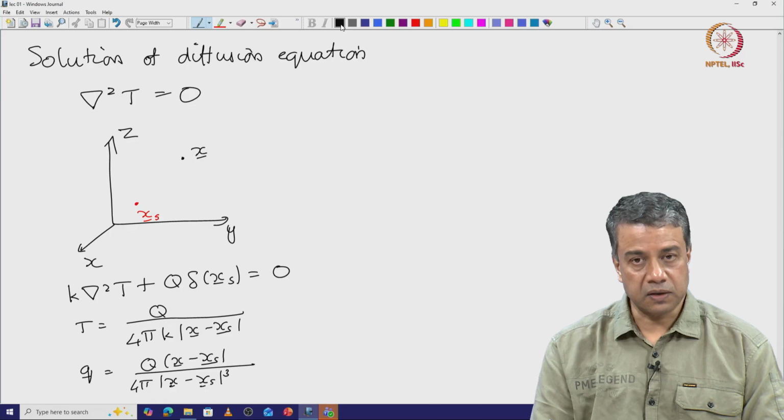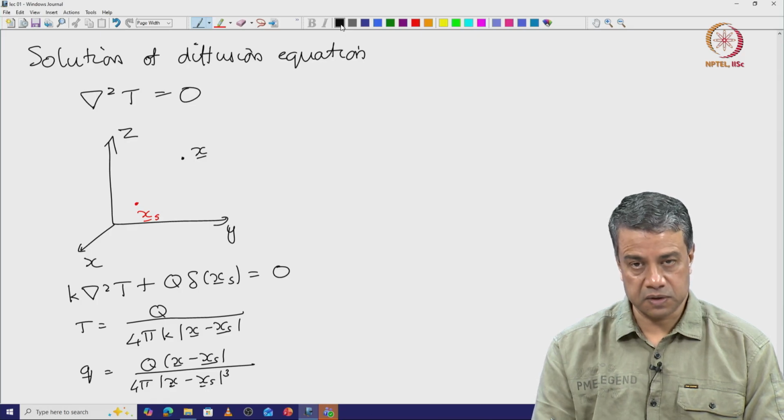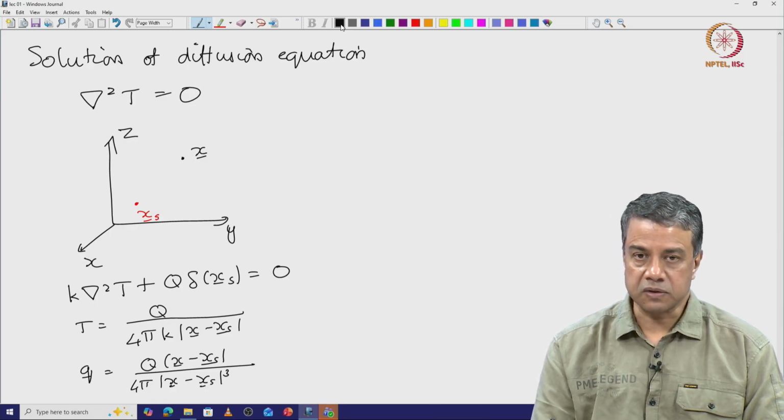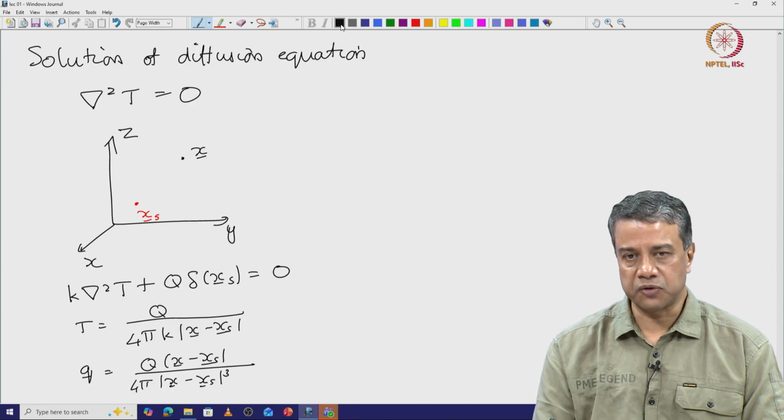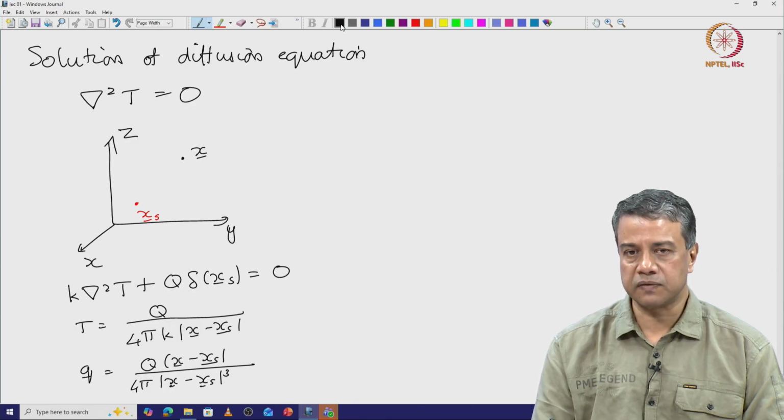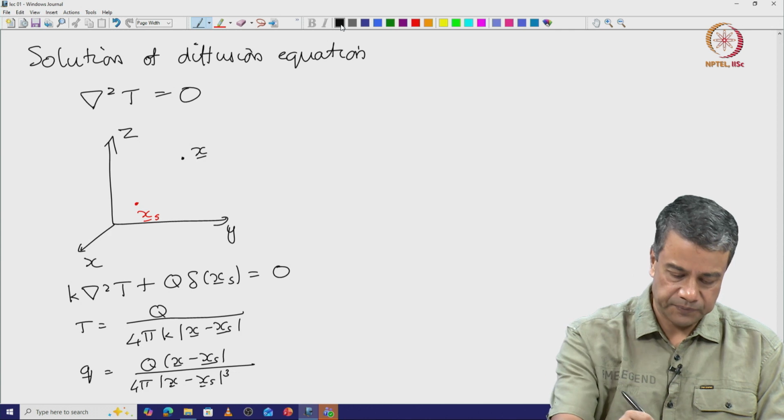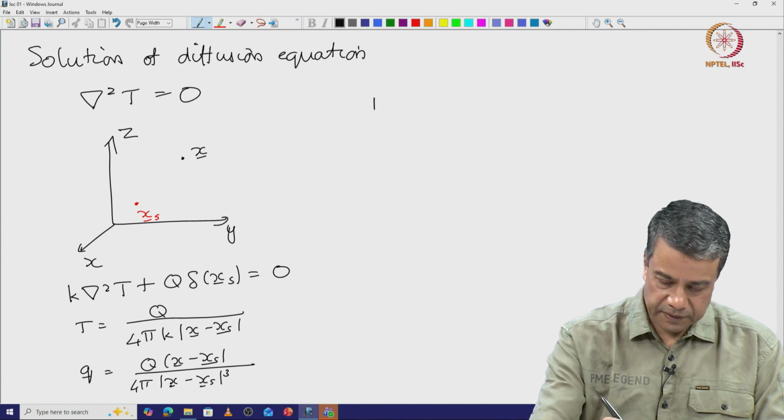If you had two sources, you just add up the contributions of each source. For each of those sources, the temperature field will be inversely proportional to the distance of the observation point from that particular source. If you have a distributed source,